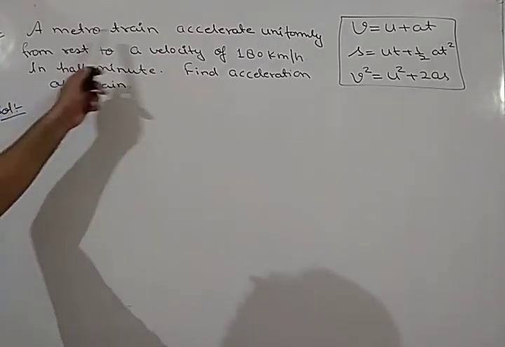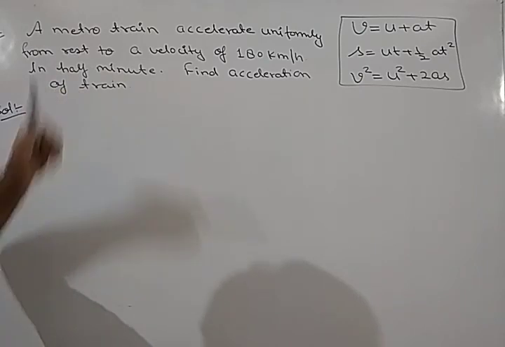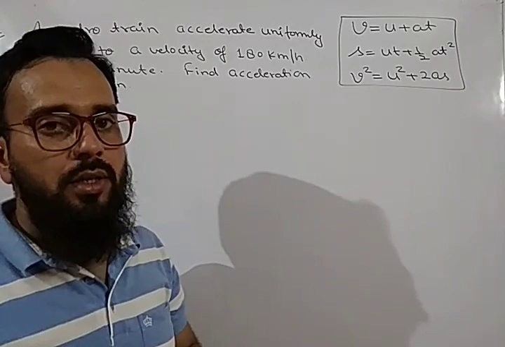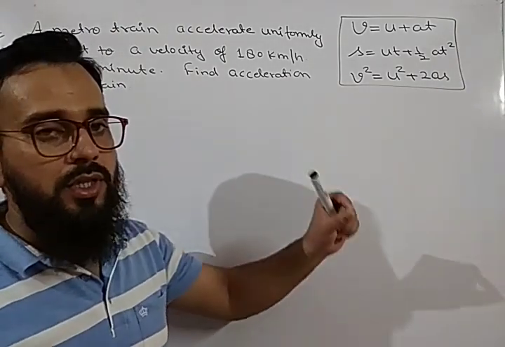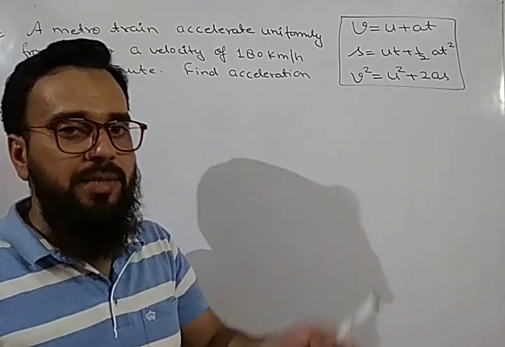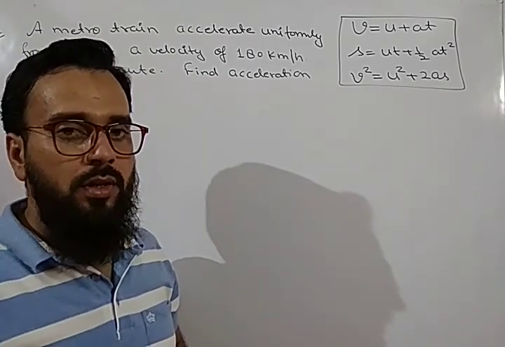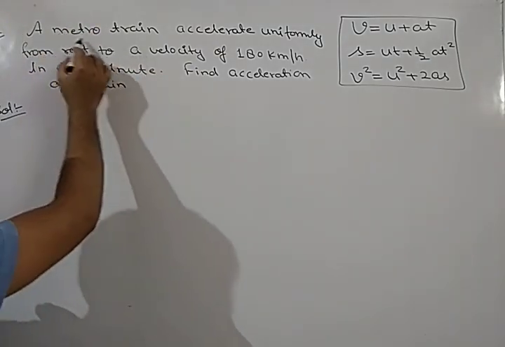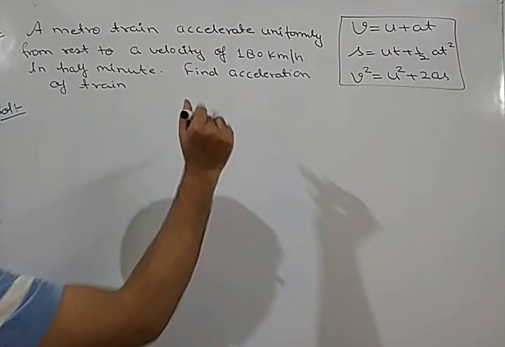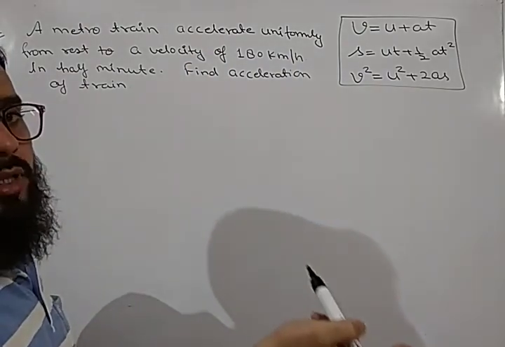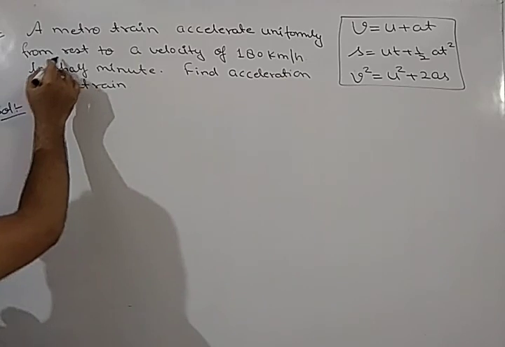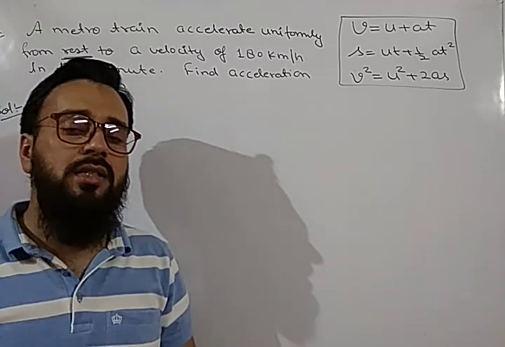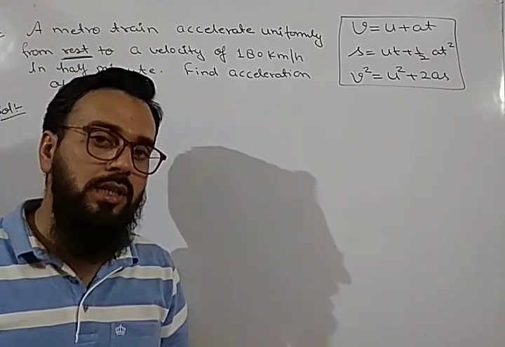What is given? A metro train accelerates uniformly from rest. First you should understand the statement of the question, and from the question you have to find the initial velocity, final velocity, acceleration, time, displacement: what is given and what is not given. You have to find it from the question itself. If you read the question clearly, it is written that a metro train accelerates uniformly. It means acceleration is uniform, means acceleration is constant. From rest, this is the first point. Start from rest means its initial velocity was 0.